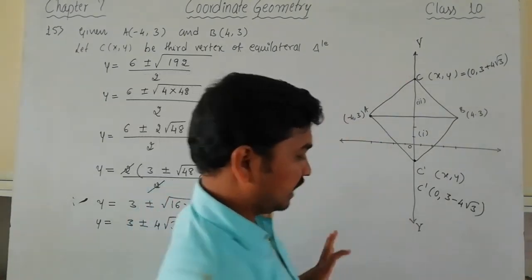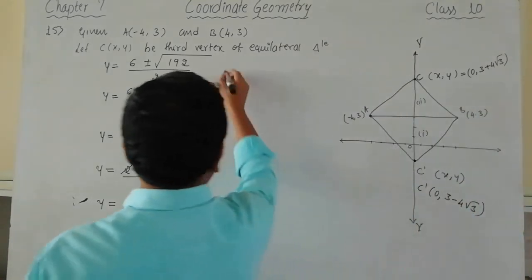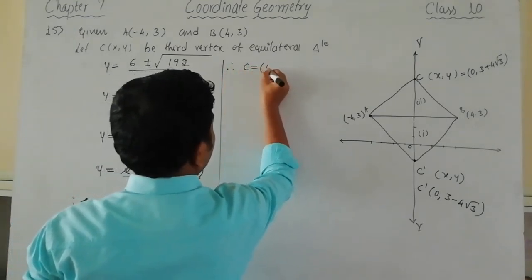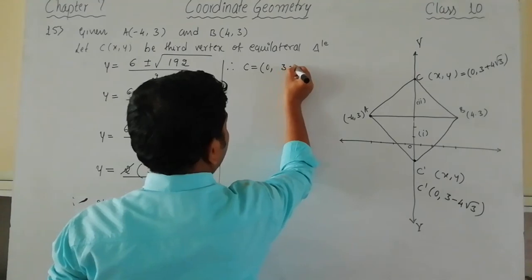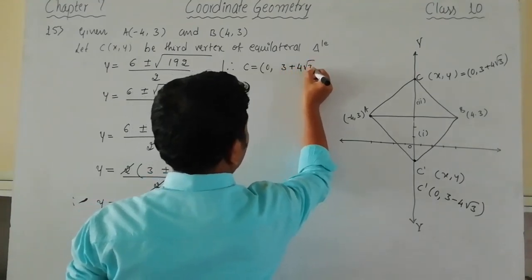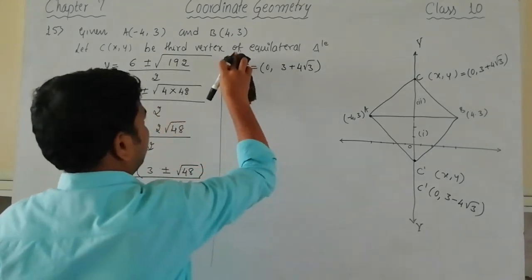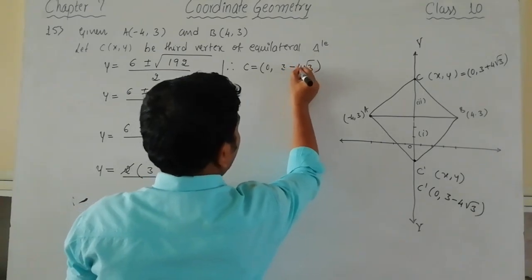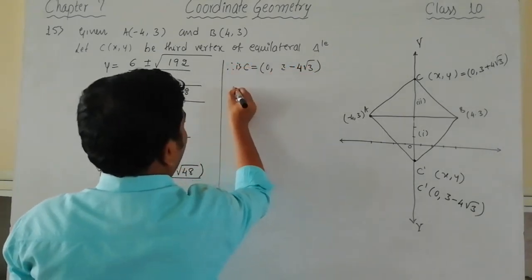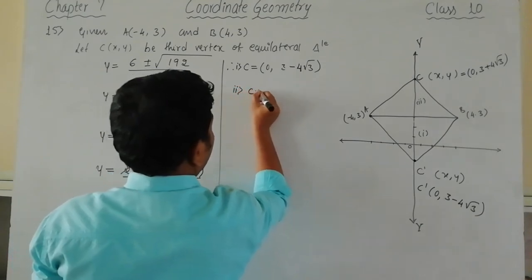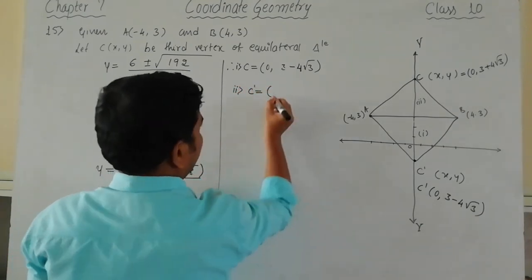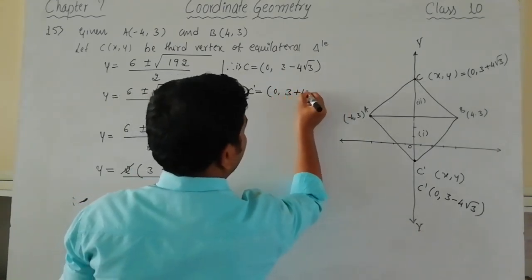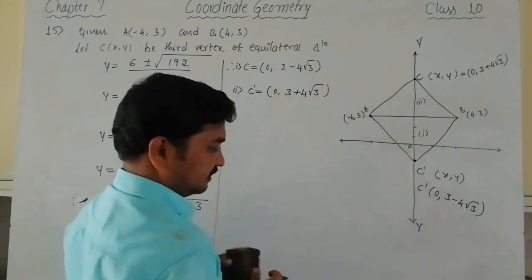So that's why you need to write at last, therefore C is equal to 0 comma, write the positive 3 plus 4 root 3. This is the answer for the first part, because it is asked within the origin, so write it. This is the answer for the first one, and for the second one C is equal to, actually I have written C dash 0 comma, so outside the origin 3 plus 4 root 3. So like this completes the solution of